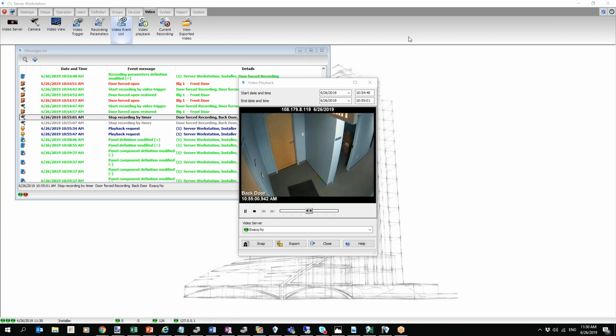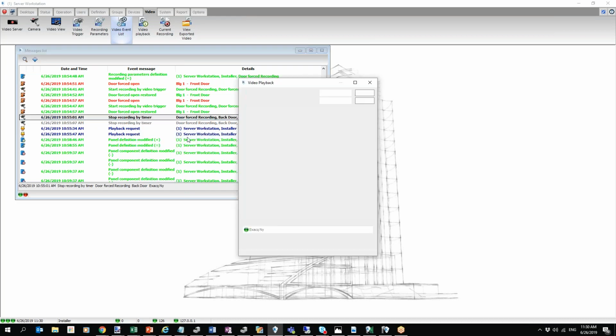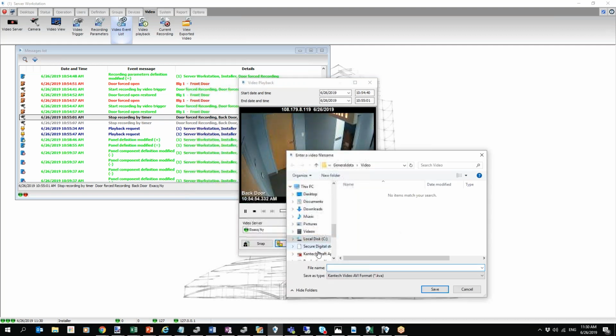So what you do is you simply say, I want to sort by the event. My door forced open. That's all I know. Somebody broke the door. I can say door forced open, and on start and stop, I can right click, video event, and play. And this will give me the video clip of when this happened. I can fast forward a bit. I could rewind based on time settings. I could also export the JPEG. I can export the AVI in a non-watermarked format, or I can do KVI or PS, different formats that are